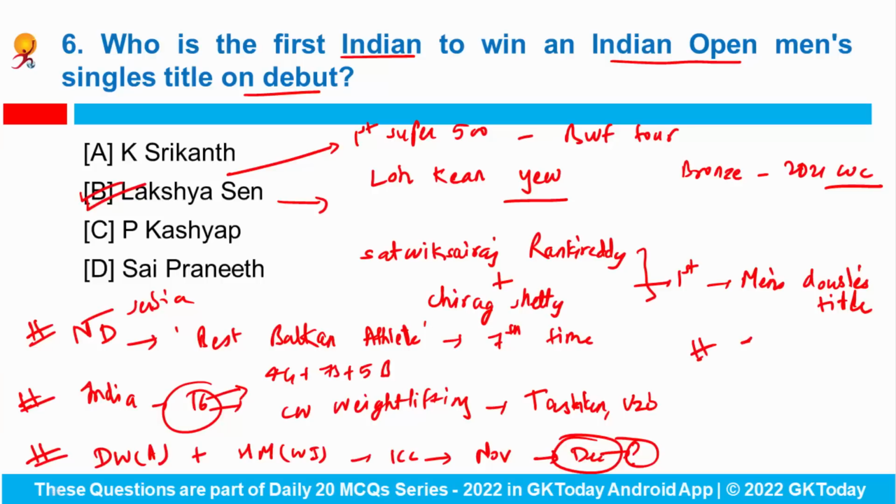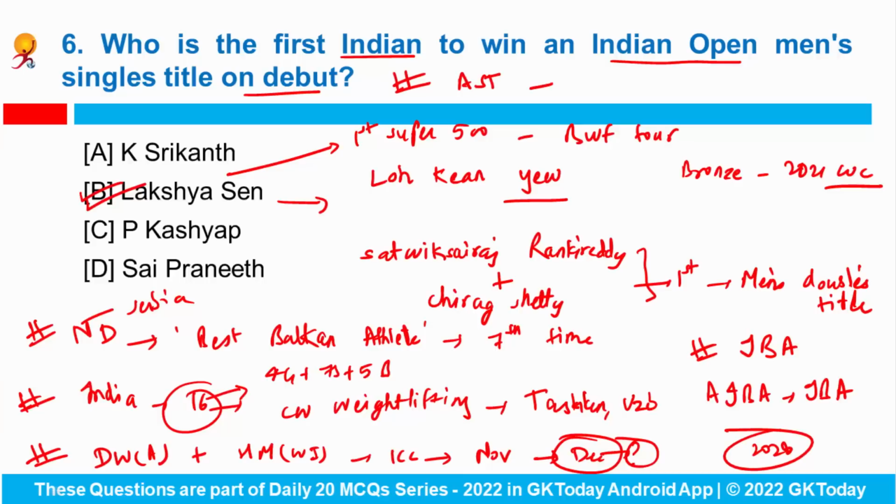Then do remember that the International Boxing Association has changed its acronym from AIBA to now IBA, and it has promised to adopt a set of governance reforms so as to keep the sport's inclusion at the 2028 Olympics. Also, Sports Minister Anurag Singh Thakur formally inaugurated the first ever national level Khelo India Women's Hockey League at Major Dhyan Chand National Stadium in New Delhi. Okay. Now you have to tell me which badminton player has been appointed as a member of the Badminton World Federation Athletes Commission along with 5 other people.